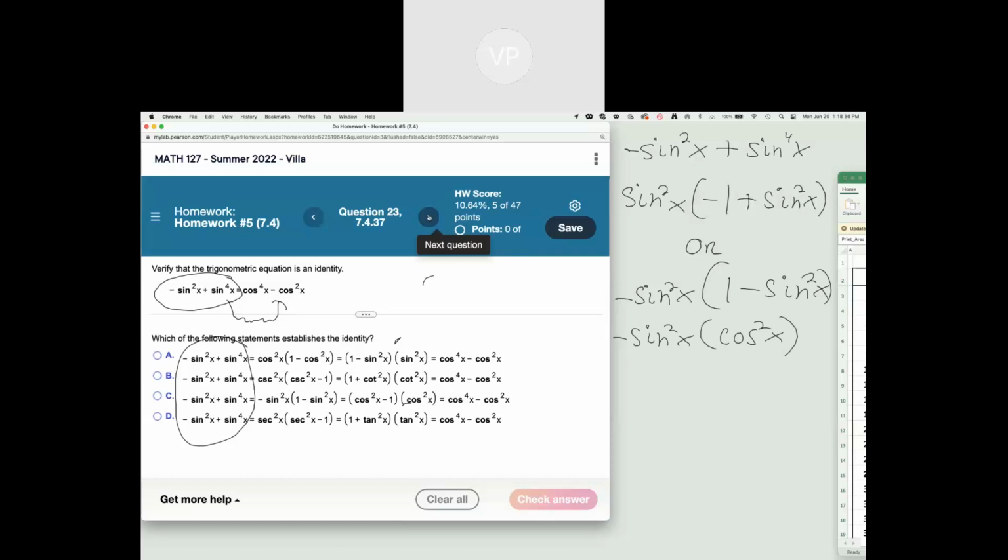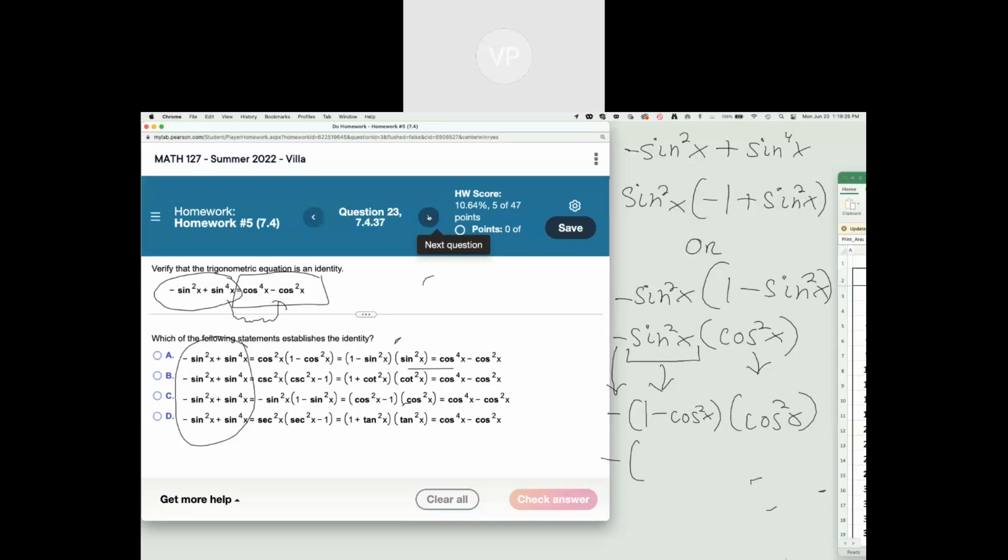All right, and then remember what our goal is? Our goal is to get all these cosines, cosine fourth, cosine square. So I got a cosine square, but now I'm going to replace this with the 1 minus cosine square x, both from the Pythagorean identity. All right, so this stays the same as a cosine square x, and that negative sticks around in the front. And then my last part is,